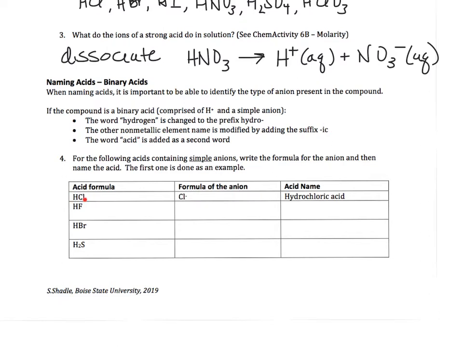So for example, here's HCl. We're going to change the word hydrogen to hydro, and we're going to change chloride to chloric. So there's that suffix -ic. So for something like HF, we can recognize that it is a simple anion in there. That means we can use this set of naming rules, and we're going to get hydrofluoric